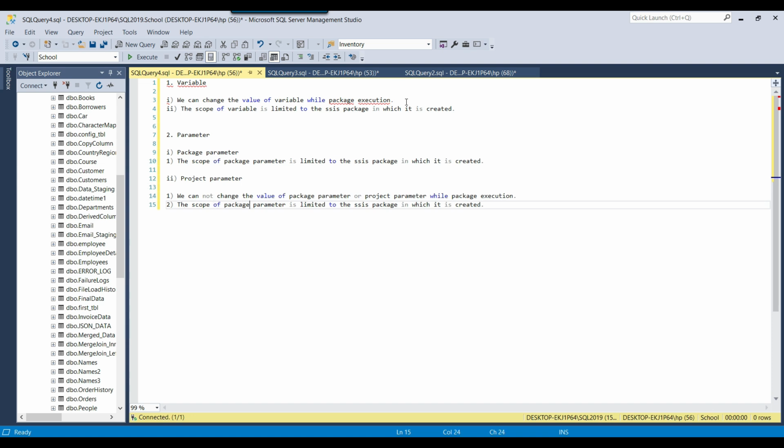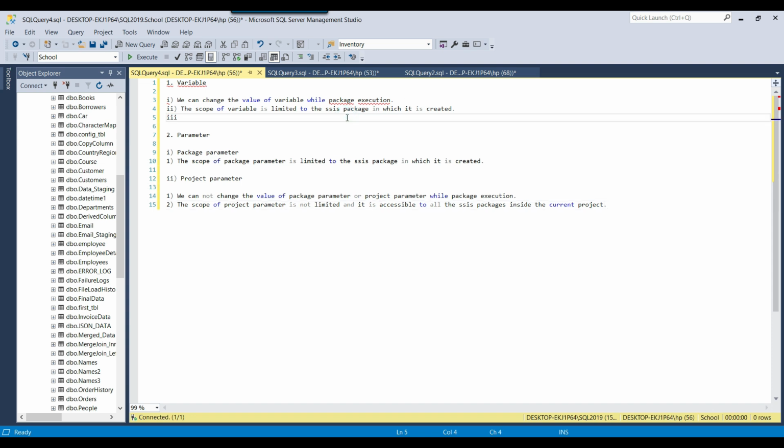The scope of a project parameter is not limited, and it is accessible to all the SSIS packages inside the current project. So whatever project parameter you create, that project parameter can be used across all the SSIS packages.